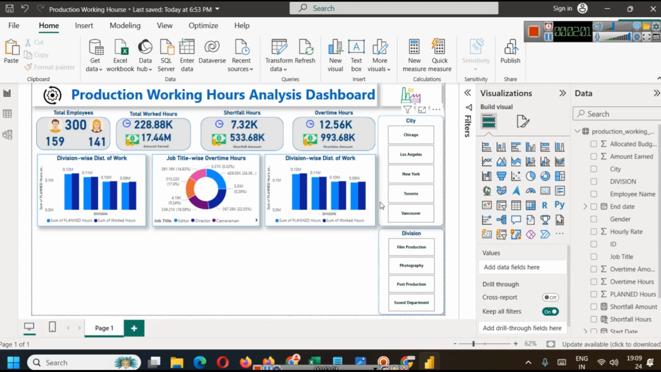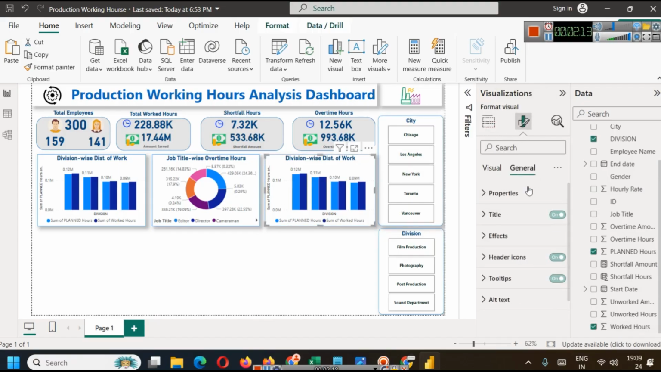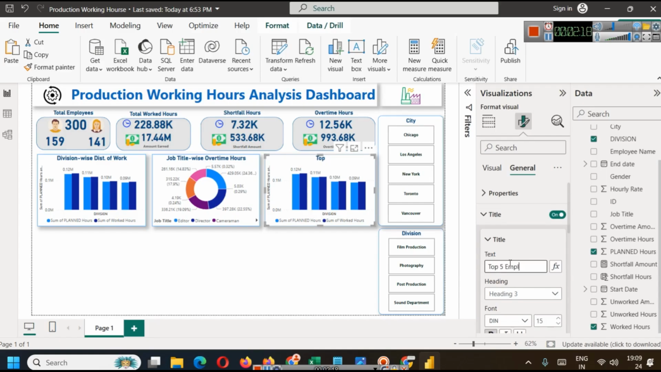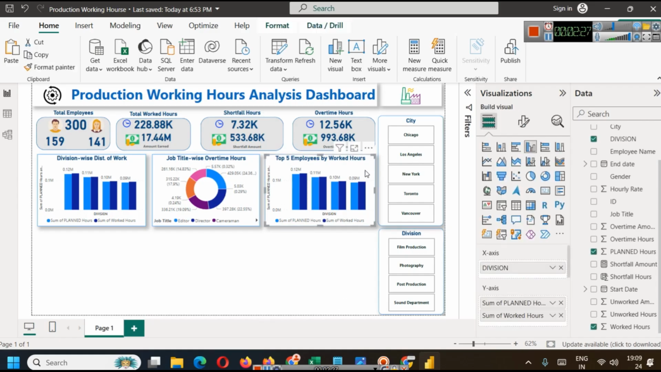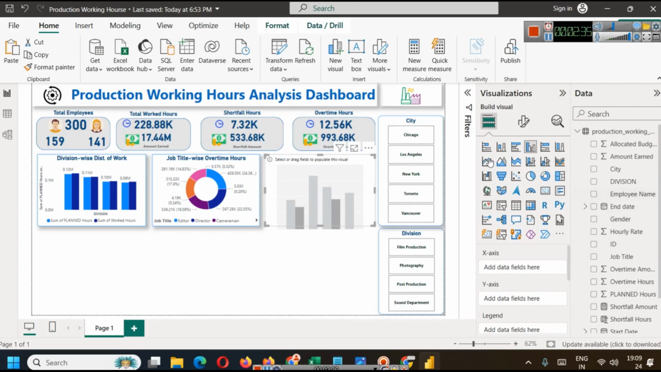Now we also want to see top 5 employees who have spent the most worked hours. So top 5 employees by worked hours. First I will write this title here, and I will let you know how to find this top 5 employees by worked hours. So in order to find top 5 employees by worked hours, the first thing that we are going to select is, we will get rid of this, and let's select a line chart or area chart, just selecting it. And we have on x-axis